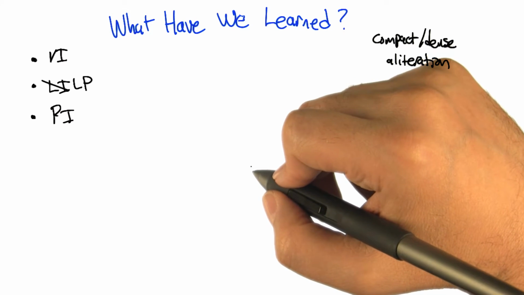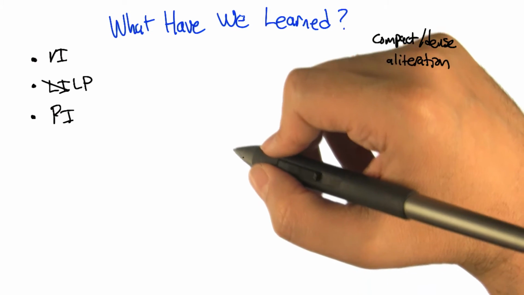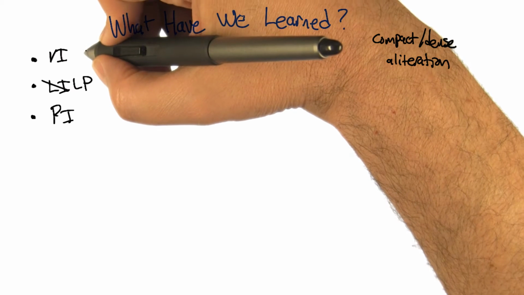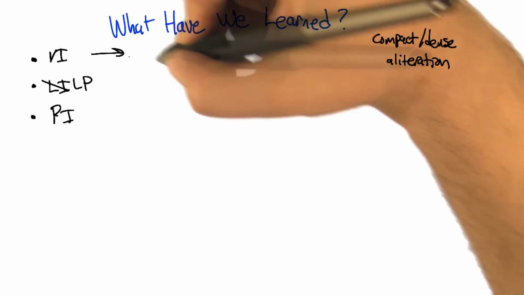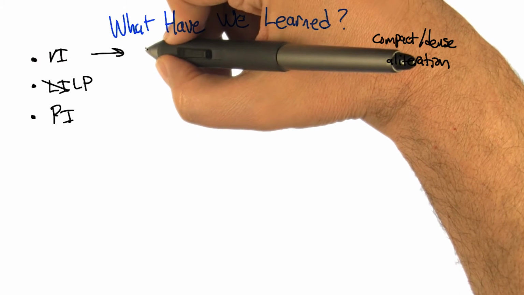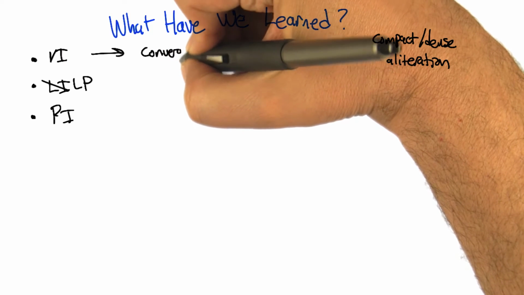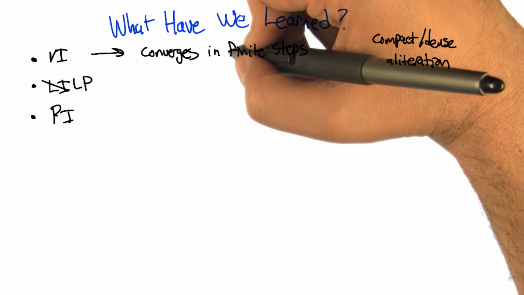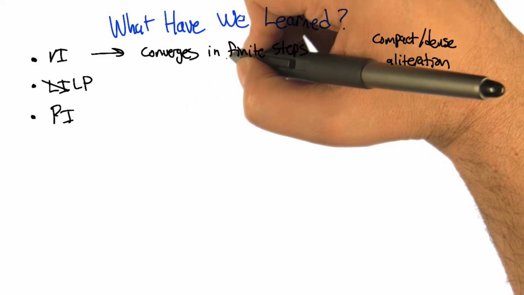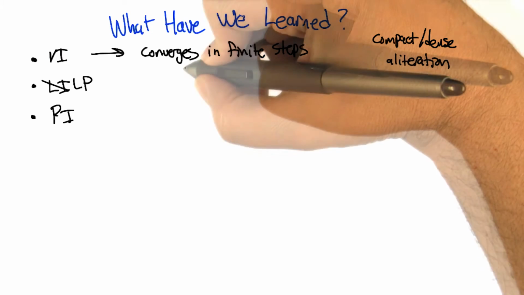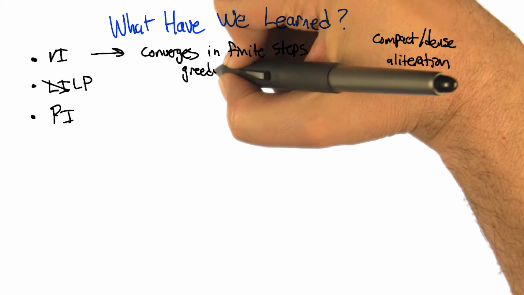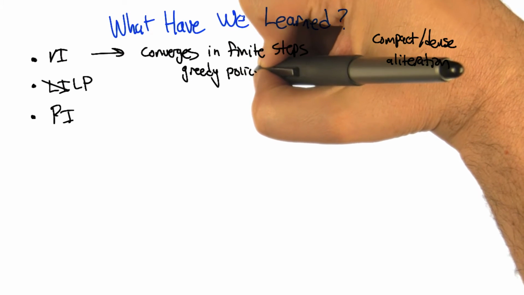So what did we learn? So we learned a little bit about each of those things. So particularly for value iteration, we learned that it converges to optimal in a finite number of steps, or gets bounded towards that. Okay, can we be more precise there? The value function doesn't converge in a finite number of steps. But the policy does. The greedy policy does, yeah. Right. But really, that's what we want. Yeah, I agree with that.